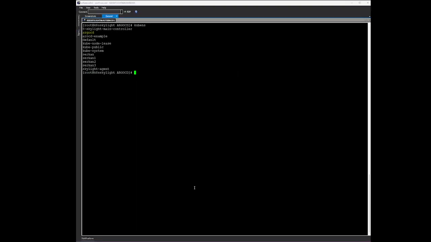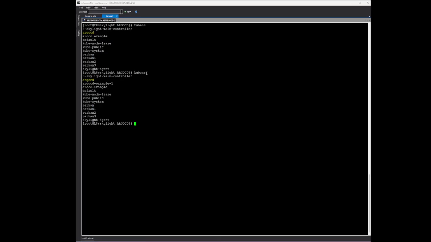And check our cluster, type kubectl. There is an executable file on my machine, and it can show us our namespaces.